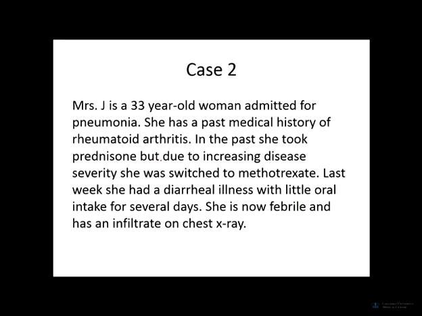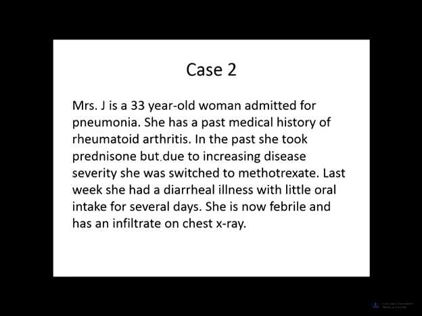And so it's often treated with prednisone, but sometimes you're given methotrexate, which is a folate antagonist. It's a mild form of chemotherapy, so to speak, that can be used to treat an autoimmune disease. Often people with rheumatoid arthritis are treated initially with prednisone, but if a low dose of prednisone will not do the trick, sometimes it'll be put on a once weekly pill, or oral methotrexate therapy. And so she was getting treated, and she ended up with diarrhea and had little oral intake for a few